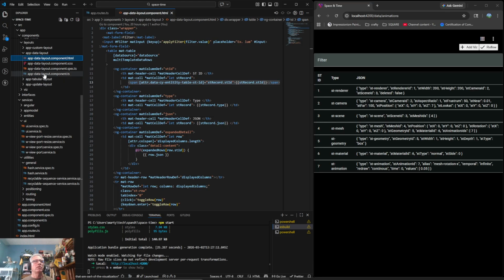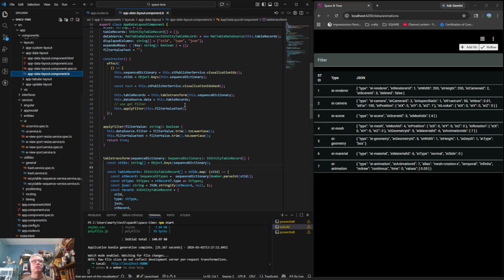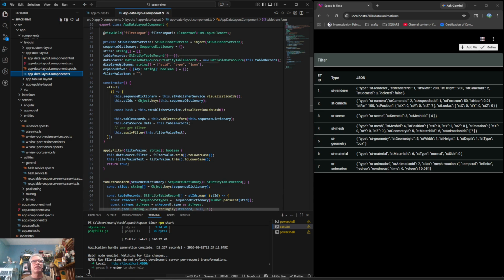So let's say data source. And where is the data source? This is our data source. Okay, so that's interesting. For some reason, I thought I could have sworn. Oh, okay, data source, apply filter. Okay, so I was thinking that we had a separate one. Oh, okay. We have table records, which is everything, and the data source is the filtered. So this is not right, right? This is apply